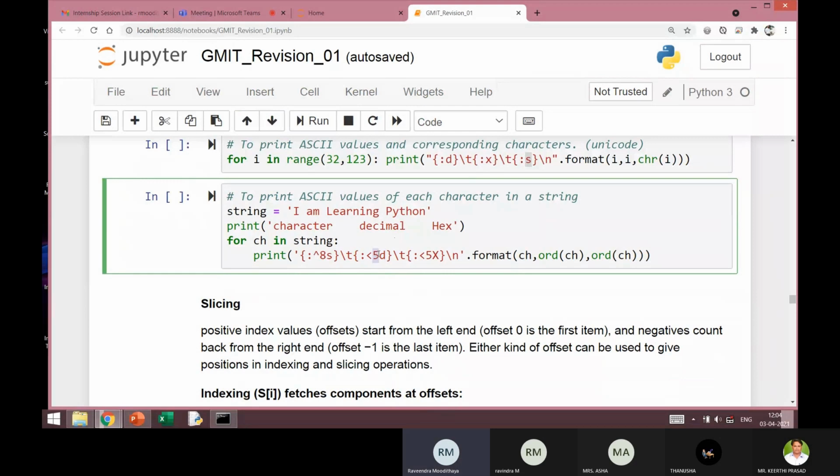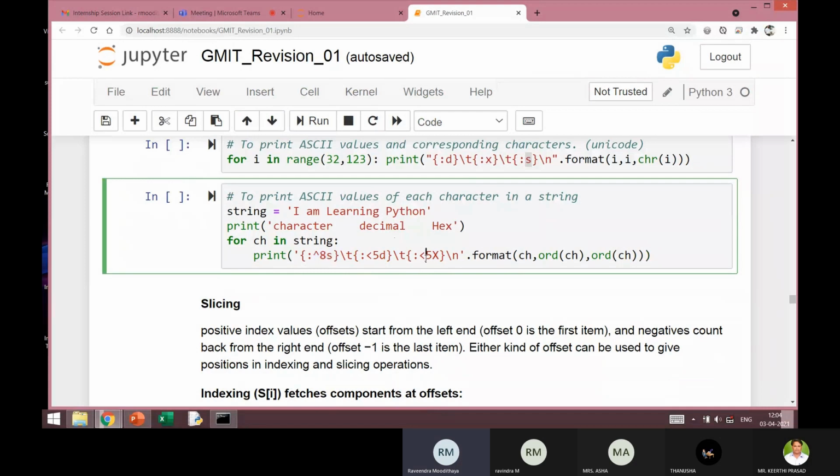I want to use 5 character spaces, and I want the value to be justified to the left. So here, if I'm using the less than character, it means left justified. Now here also it is left justified with 5 character positions, and it is a hexadecimal number. So that's how these characters will be interpreted.